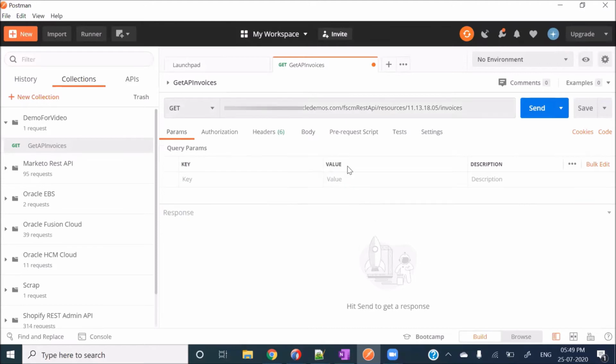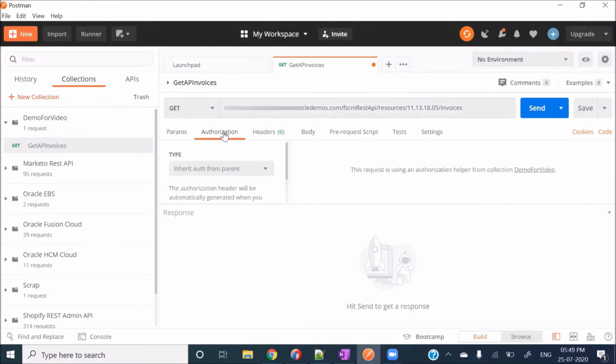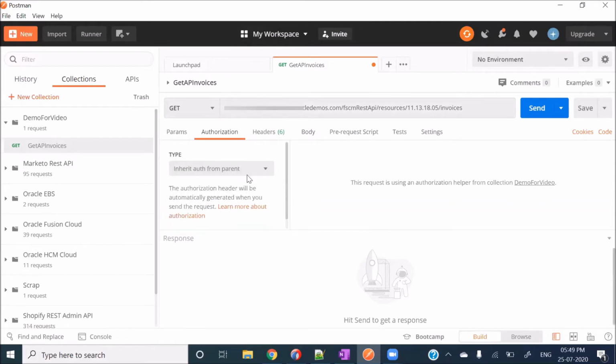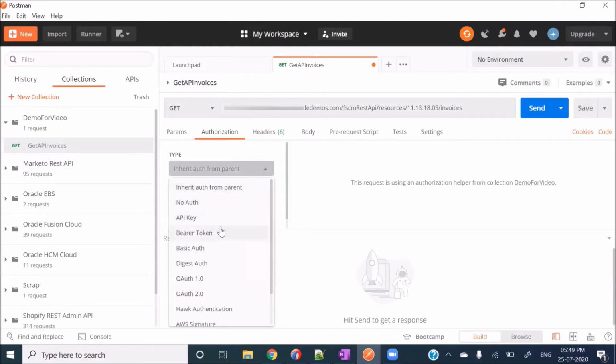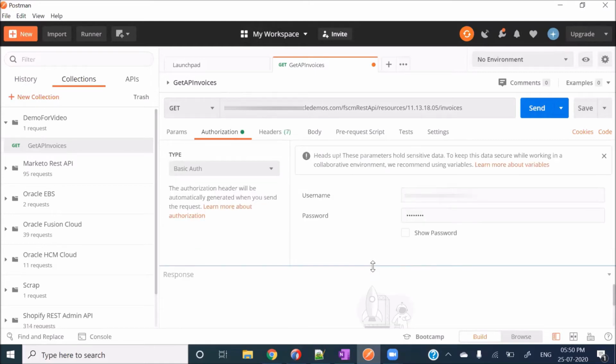Apart from that, the thing is how you are going to authorize this request, because this request will be going to Oracle Cloud System from where you will be getting the data, right? And for Oracle Cloud System, you must be having a username password. So how you can pass the username password from this Postman? For this, we have this authorization. If you click on this authorization, and if you click over here, you have this many options like basic auth, OAuth 1.0, 2.0, no auth, all this you can provide. Okay, so in our case, let's use the basic auth where it will ask for username and password. Okay, so here I'll be posting the username of my instance and here the password.